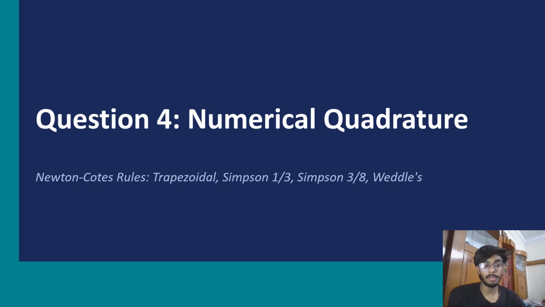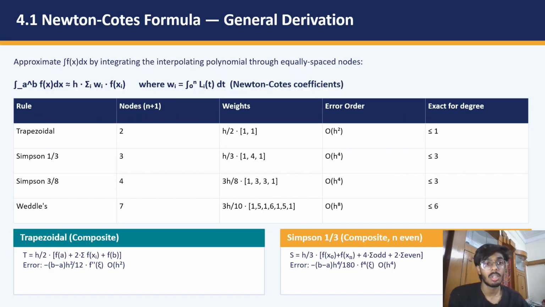The next question, the fourth question we have, is numerical quadrature formulas. The Newton-Cotes rules: trapezoidal rule, Simpson's 1 by 3, Simpson's 3 by 8, and Weddle's rule. These all five rules come under numerical quadrature formulas. First, we have Newton-Cotes rules, general derivation. We have to perform integration on a given value by using the Newton-Cotes formula. We have to use certain rules to apply these formulas, where Vi is equal to the integration from 0 to n